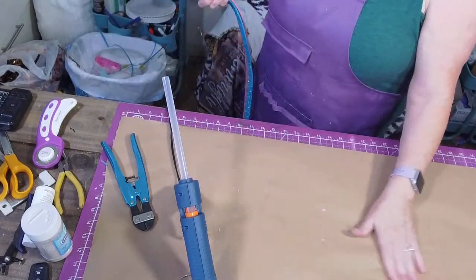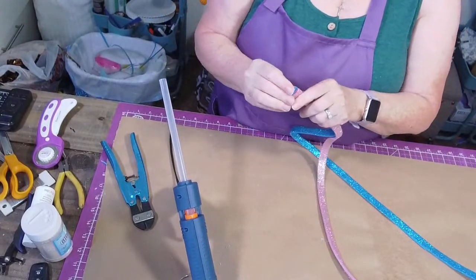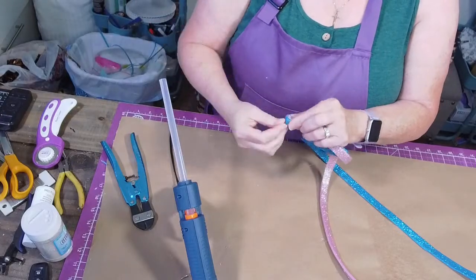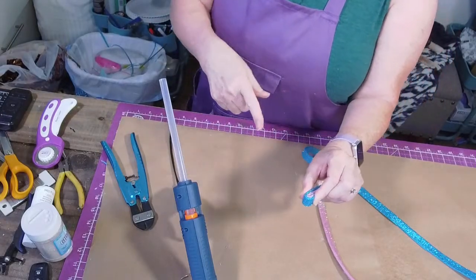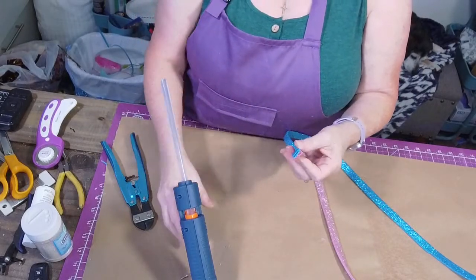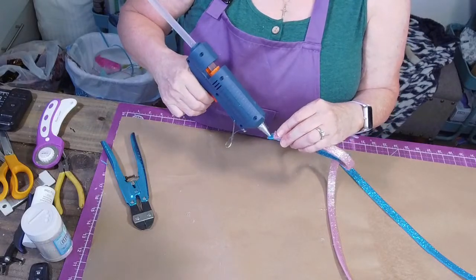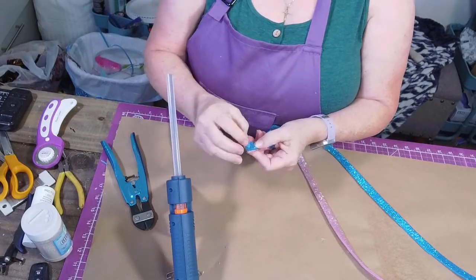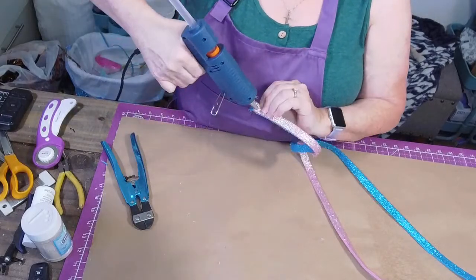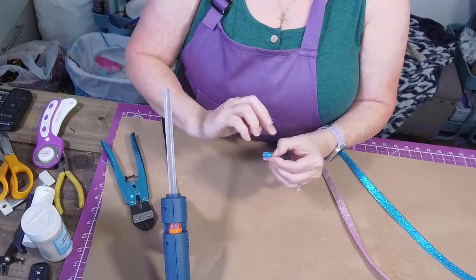All right. Now, you can do it like this where you turn it over the side like that, but I like to do it the opposite way. So what I do is I put some glue there and some glue there, and I fold it over. This is why it's important you have low temp glue. So fold it over and then